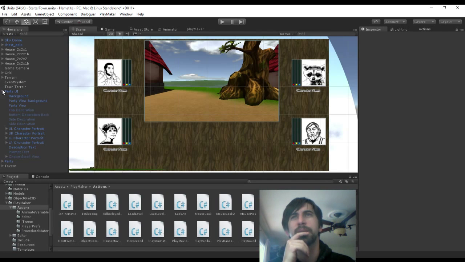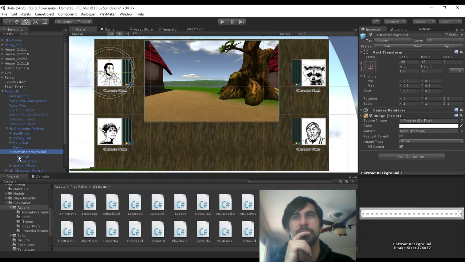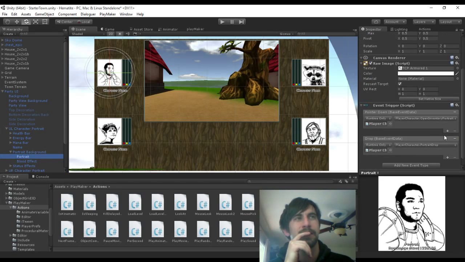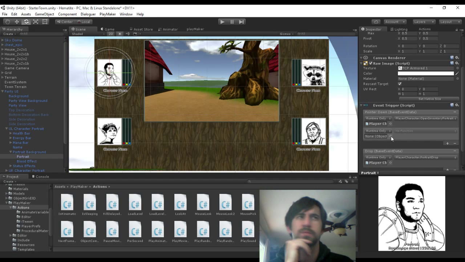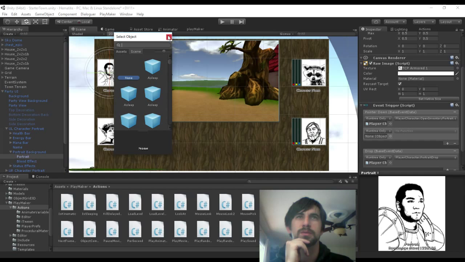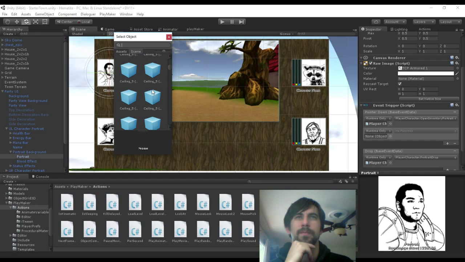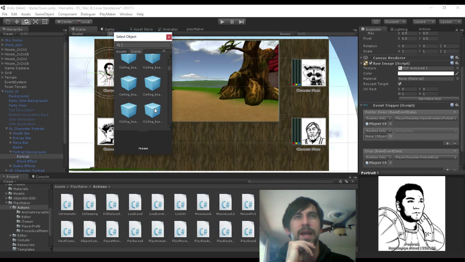How does the party UI handle that click? Is that a button? Just an imageless or a backgroundless button? Because that seems incorrect. That shouldn't be the way I'm handling. Okay, there is an event trigger. On pointer down, open inventory. Also, interesting. It makes me wonder if I can call an action